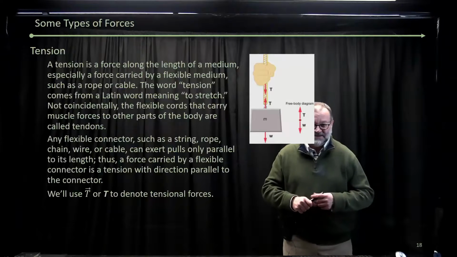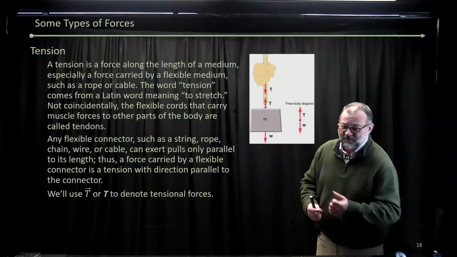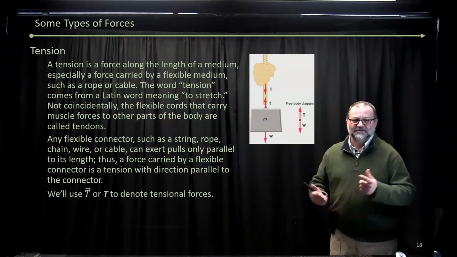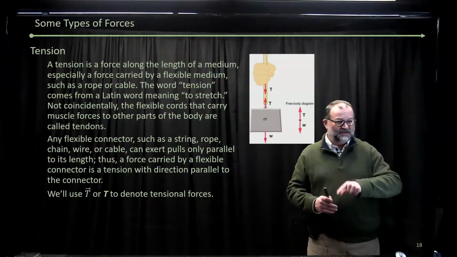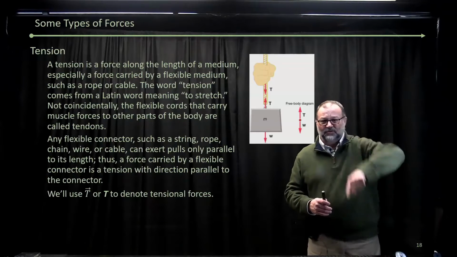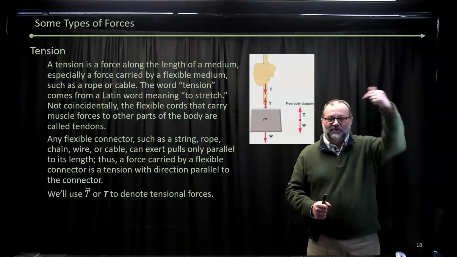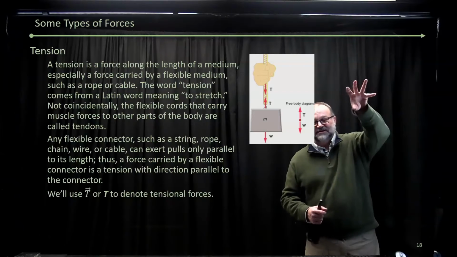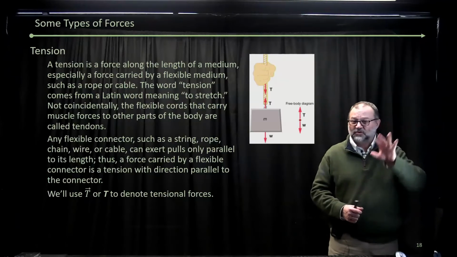Other types of force, tension. So ropes are great for transmitting force, and pulleys are great for transmitting force, because you take something up and over a pulley, and all it does is change the direction of force for you. But if you look at the details of what's happening with the pulley, there's a lot of force on the pulley.